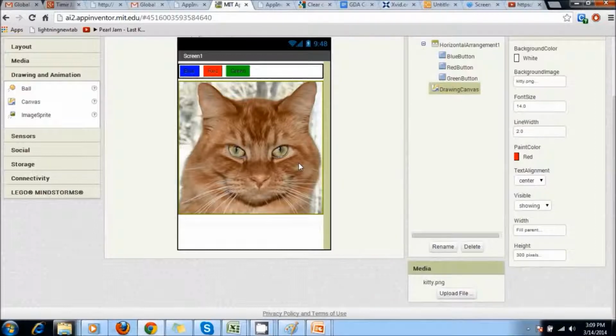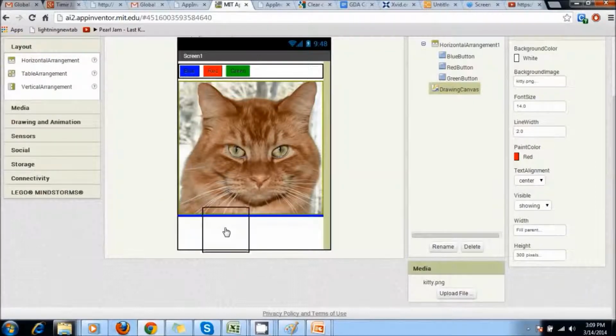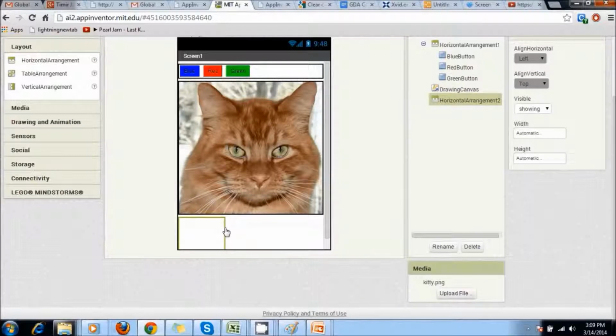So now we want to add a few more extra buttons at the bottom of the canvas. So for that we're going to drag out another horizontal component. So we go to layout and we drag and drop a horizontal component, and we want to add 4 buttons here.